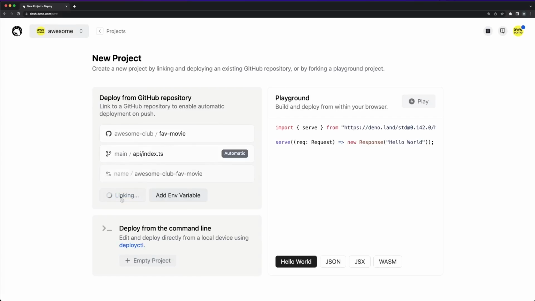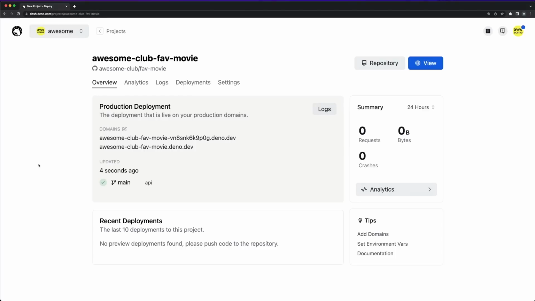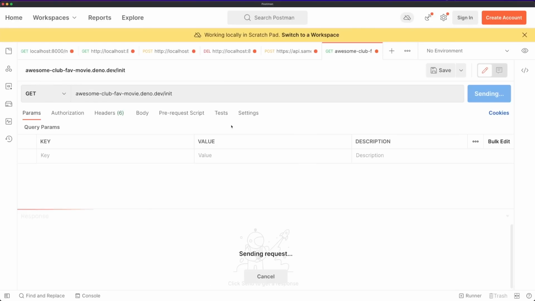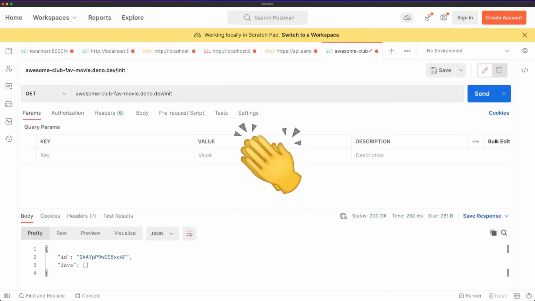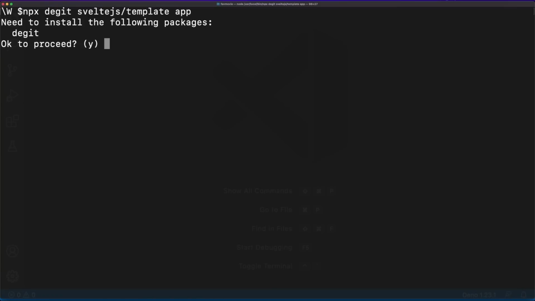Click on the link button, and after a few seconds the dependencies are downloaded and your app is deployed and reachable at a custom domain. It doesn't get easier than this. We'll jump into Postman to quickly ping our app hosted with Deno Deploy, and we successfully get a 200 response back. With the backend API available at a public URL, it's now time to focus on developing a front-end app